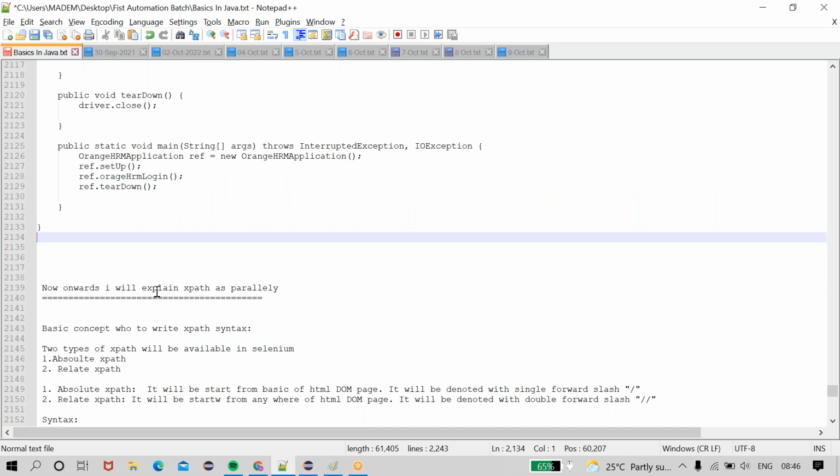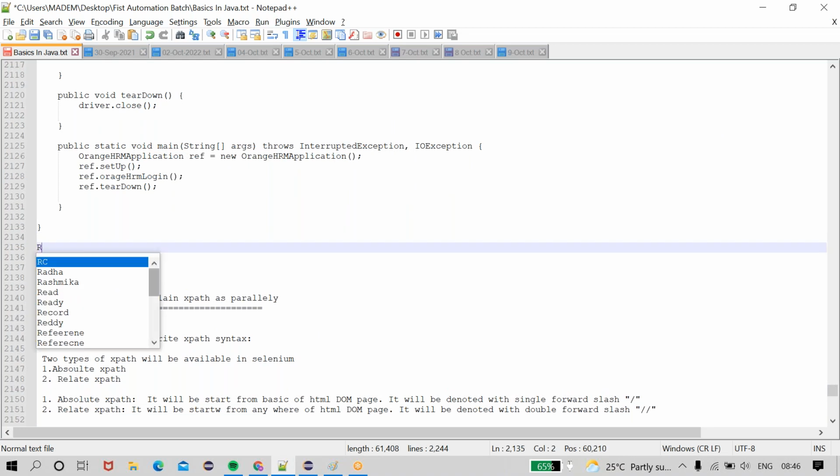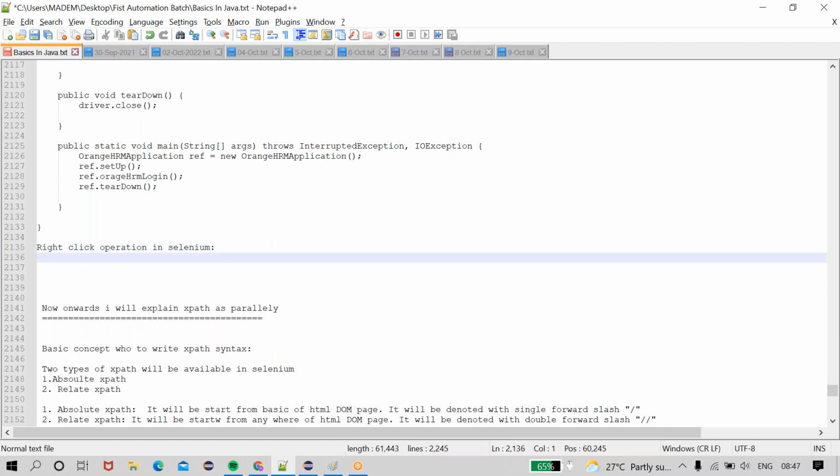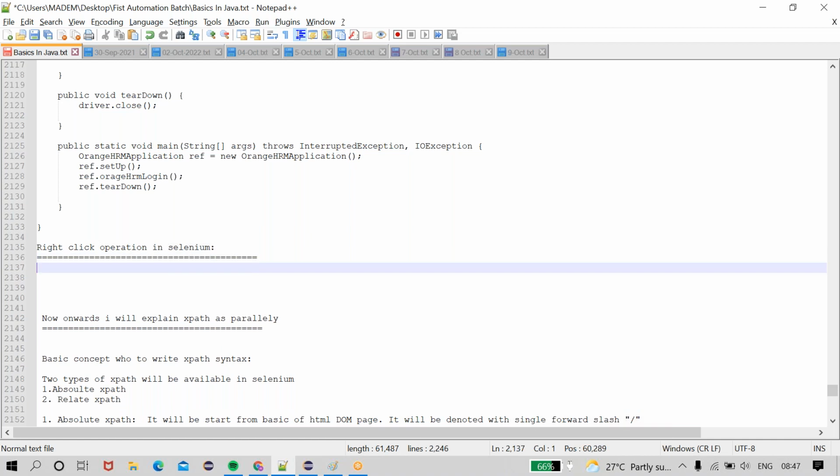Okay, now I am going to perform a right click operation. Right click operation in Selenium. See, we can perform the right click operation.